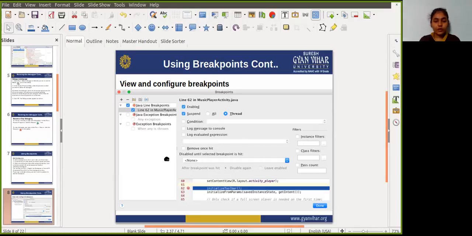You can also configure whether a breakpoint should be disabled after it has been reached. So to set a breakpoint for an exception, select exception breakpoints in the list of breakpoints.